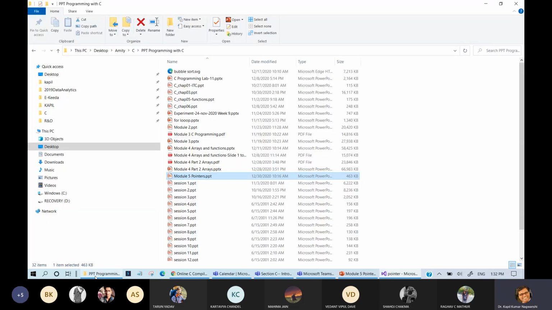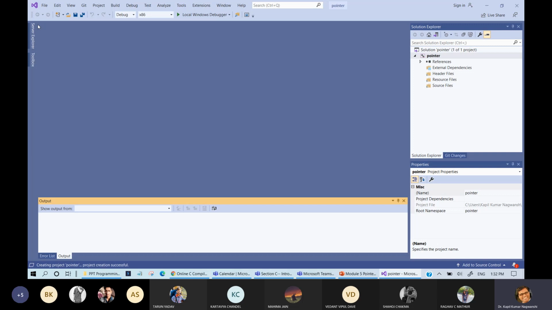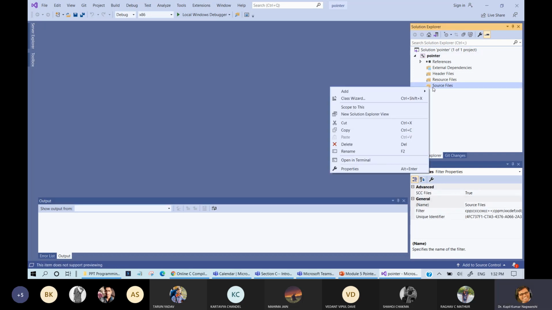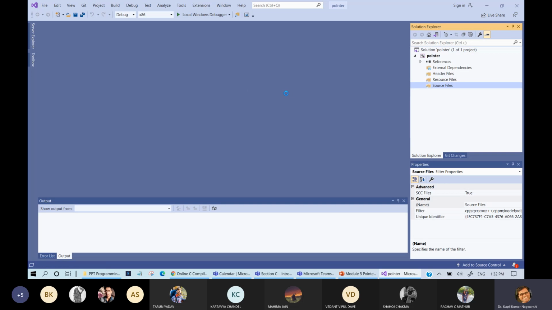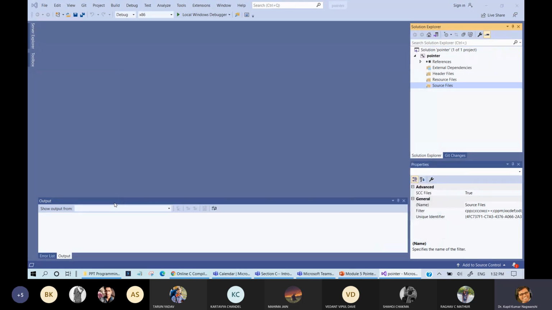So here you can see how this program is executed. So let me copy and paste the entire program, and just add one main file, add and new item. So whatever process I have shown here, this same process will be required while doing the course related with your Coursera. So main.c, okay, this is the file.